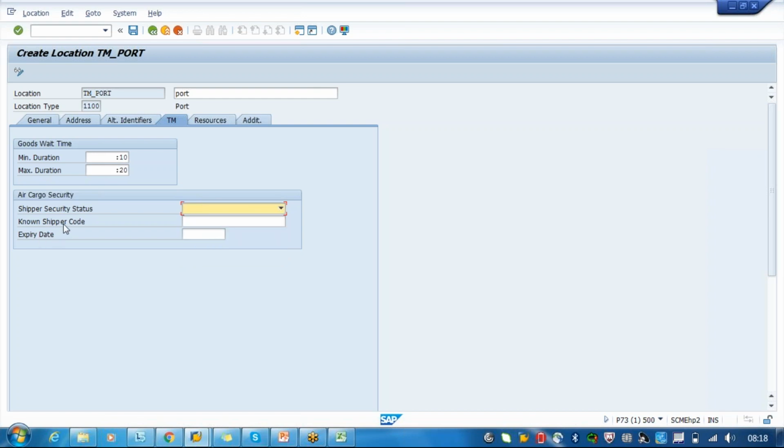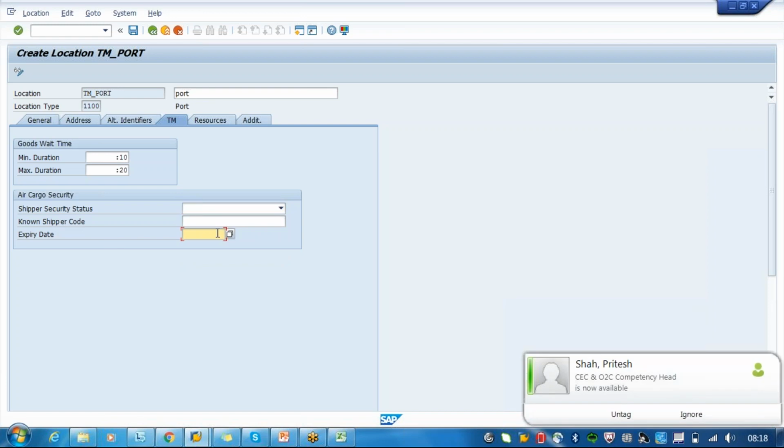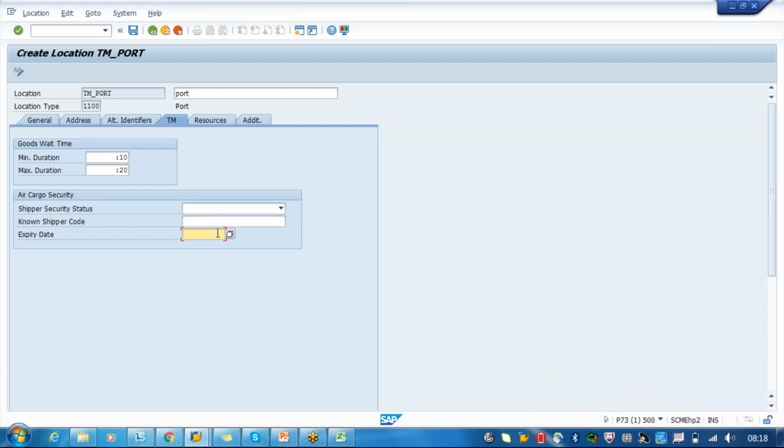Okay, fine. And expiry date is basically not useful here. Expiry date will tell about the shipper master data you send from R3, or the shipper you created as a business partner normally in the TM. So you will have some data like an expiry date, the license expiry date.